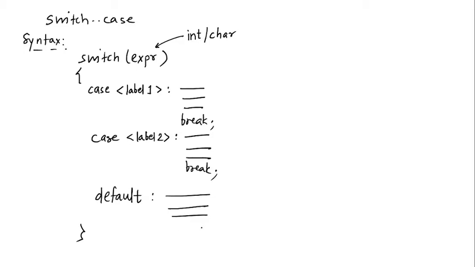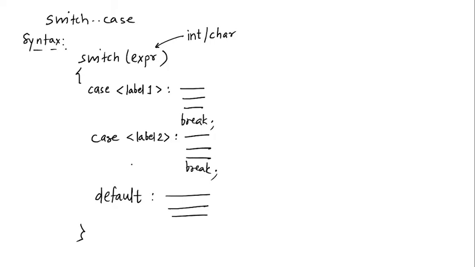You can very well put a break after that also, but it's not required if you put it at the end. Again, there is no fixed sequence as such. You can put default anywhere within your case sequence. The only thing is that it will compare your expression's value with all labels, and only if it doesn't match any label, it will go for default. It need not be the last case, even though ideally it's better to have default at the end, because it gives you the feel that if it doesn't match anything, it is obviously going to go for default. So that's the overall syntax for switch case.